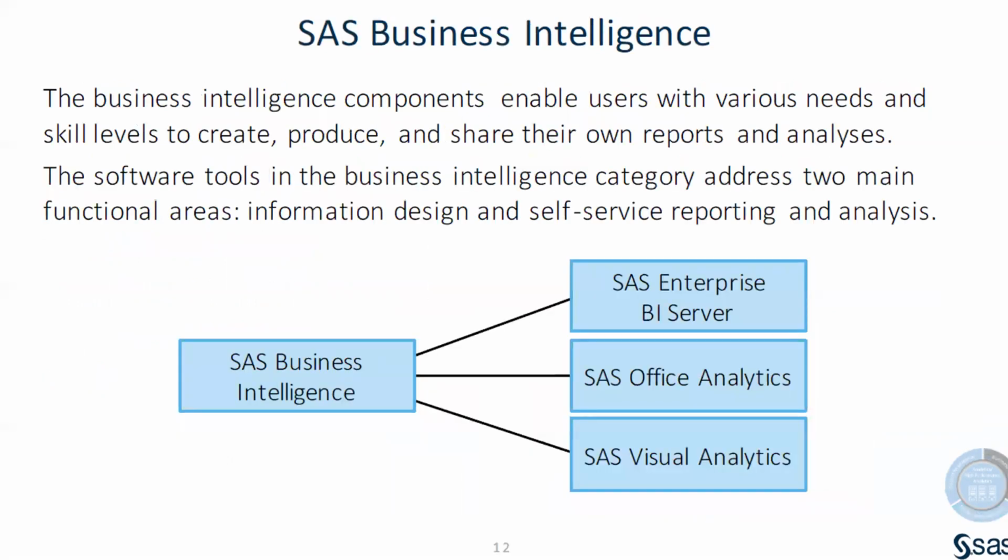Then coming to business intelligence. As I told you, one is EBI, meaning Enterprise Business Intelligence Server, the one you are learning, like Management Console, DI Studio, OLAP Cube Studio. All these come in the EBI. And we have separate tools called Office Analytics and Visual Analytics. These also come in business intelligence only, but these were introduced later. These are the new tools actually. Earlier, there was only SAS EBI, but later they developed the Office Analytics and Visual Analytics tools also.